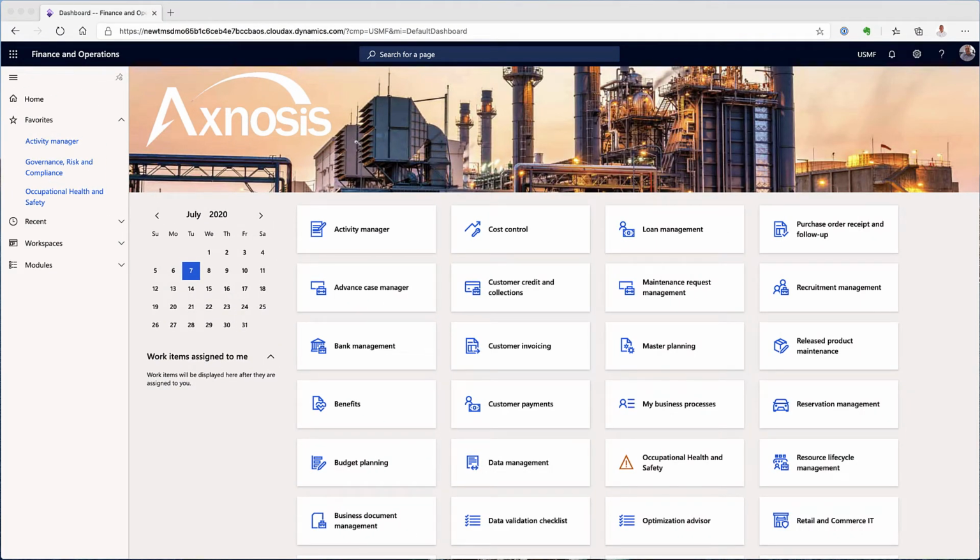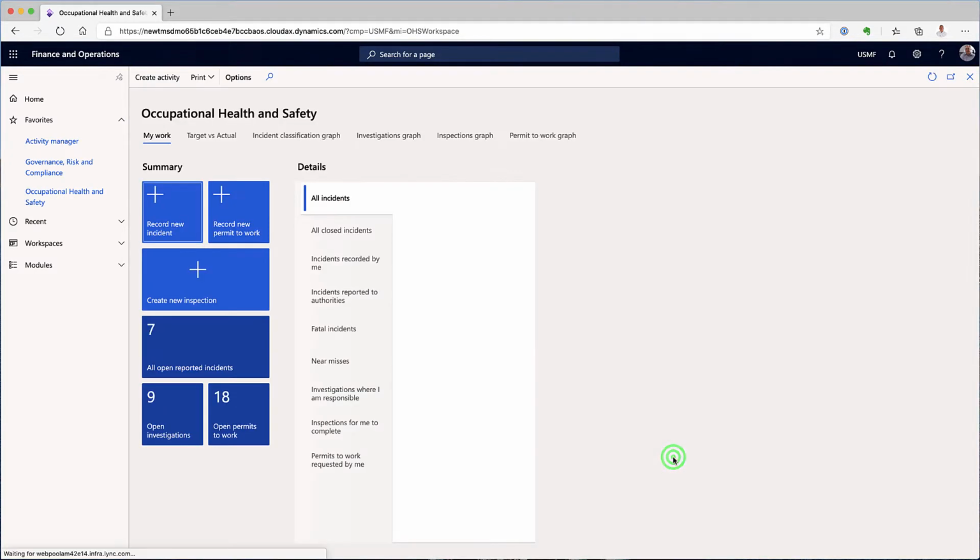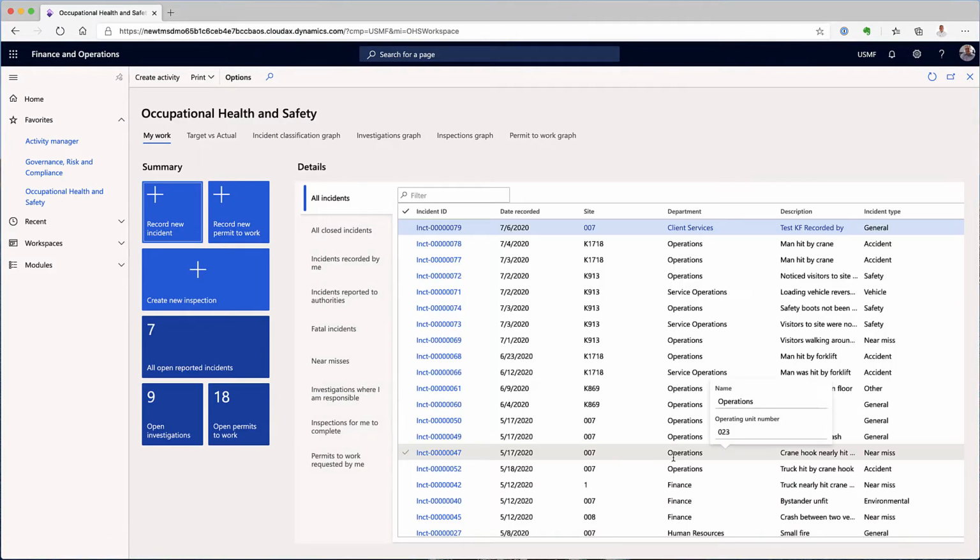In this walkthrough, we're going to take a look at incident reporting and investigations. These form part of the occupational health and safety system inside Dynamics 365. As you can see, the occupational health and safety module is a solution just like any of the other modules from the home screen. Clicking on that will take us through to the occupational health and safety workspace, from which